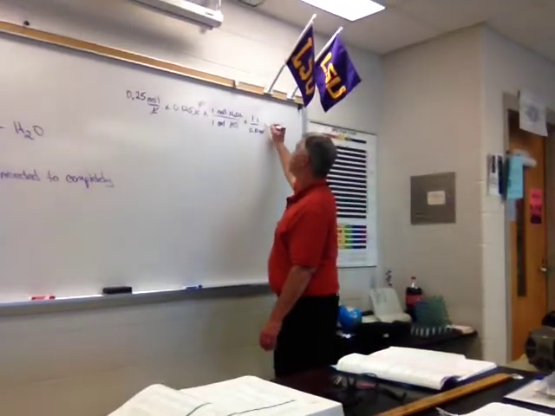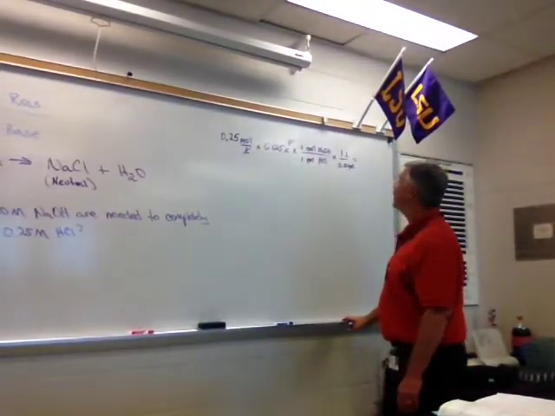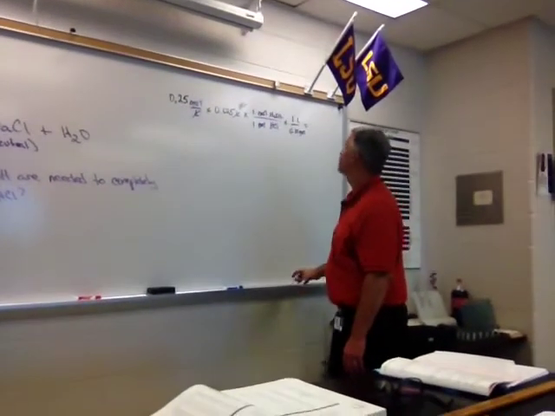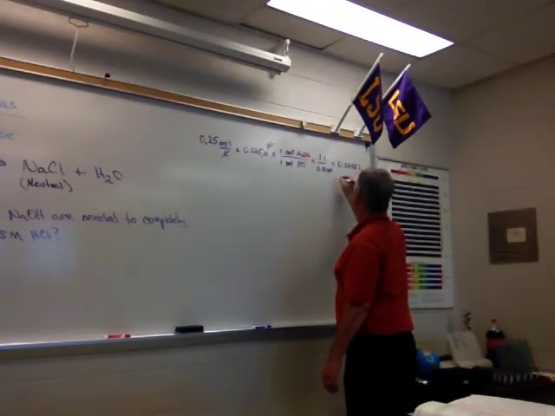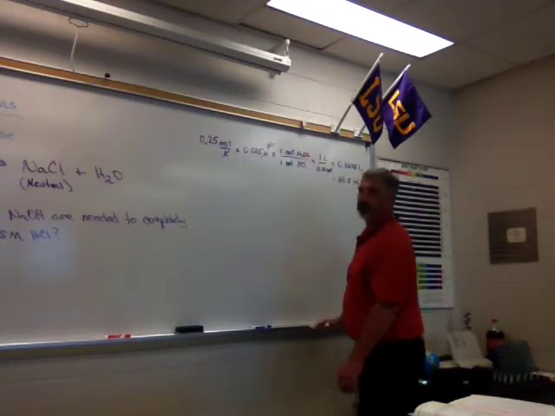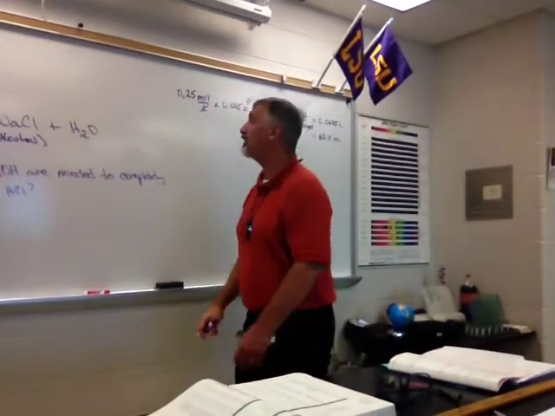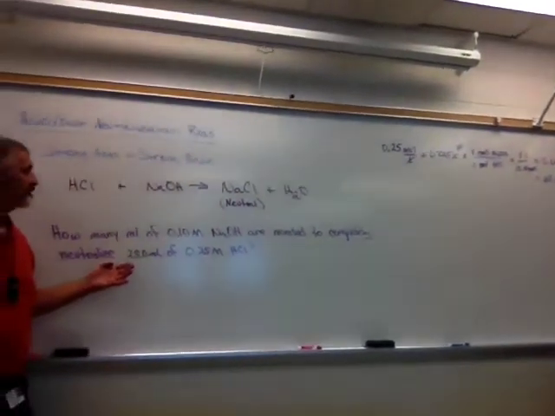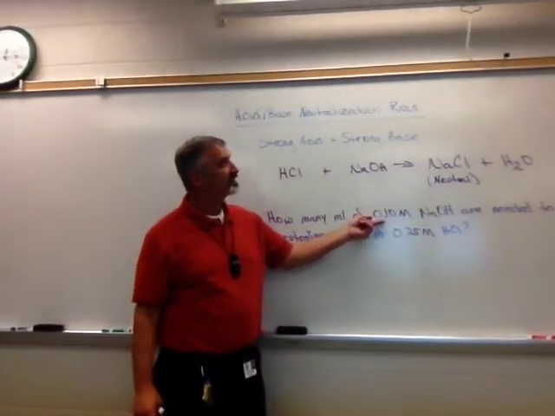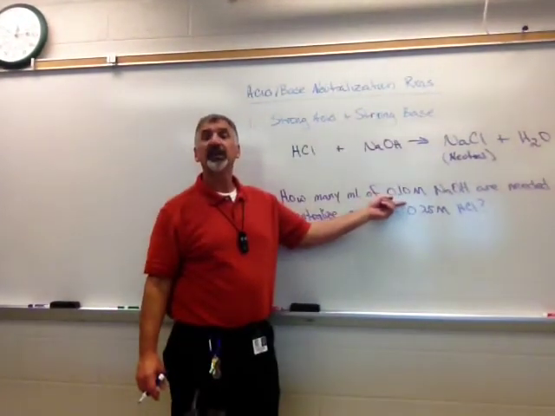So we can end up just multiplying all that out, and we get 0.0625 liters, which is equal to 62.5 milliliters. So if I want to neutralize my 25 milliliters of 0.25 molar, I'm going to need 62.5 milliliters of